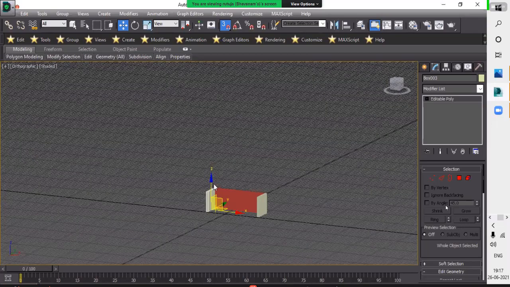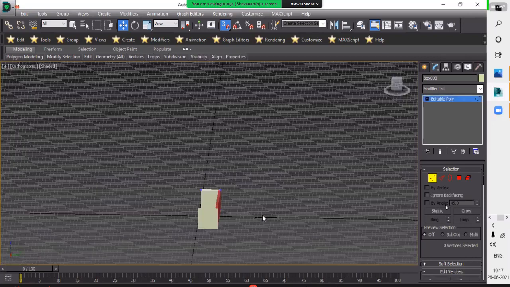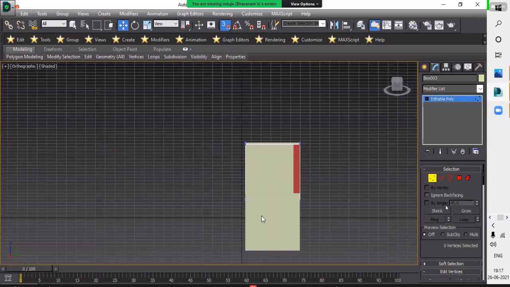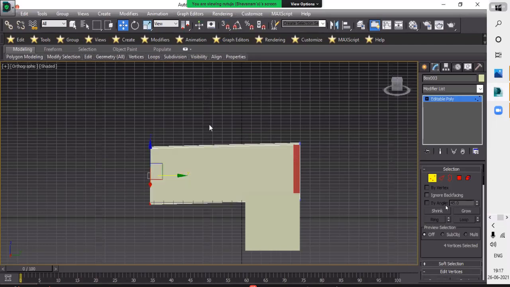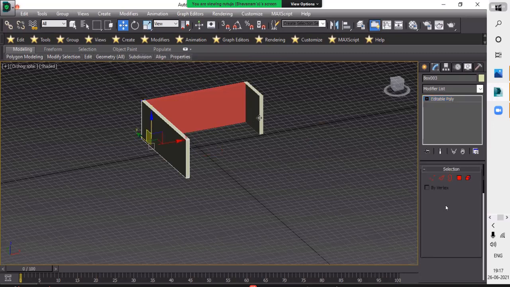Here, like before, I will change the size. I turn off the snap toggle and extend it. Now turn off the vertex point and select another object.